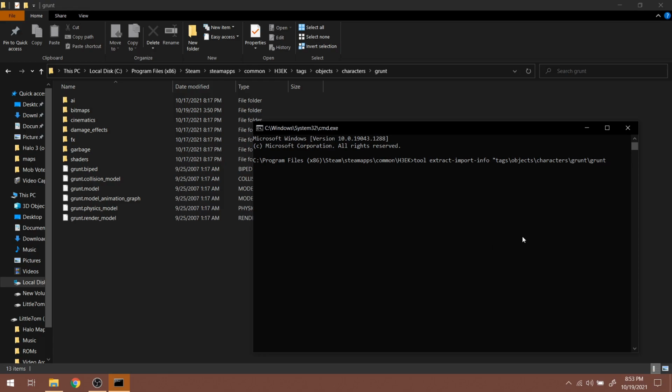So I'll type grunt_render_model and then close that with another quotation mark. Now we can press enter,